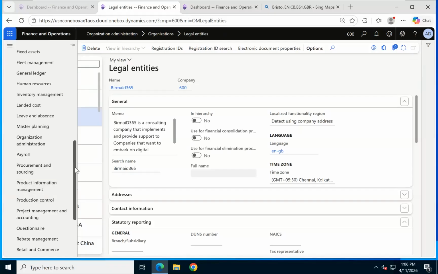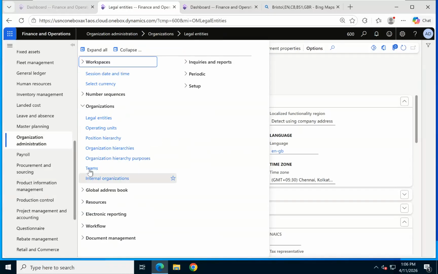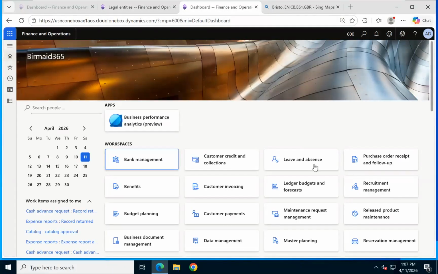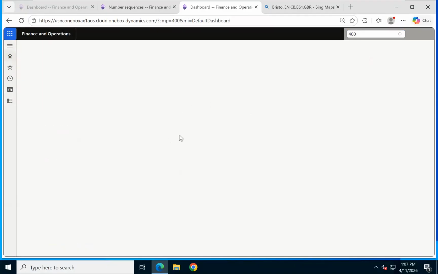So we are interacting now with our legal entity. I'll come back here. We need now to create our number sequences. So to create number sequences, we're going to generate number sequences. Like I was saying, number sequences give the ability to have unified identifiable numbers for all the processes in the system. If I can click here and maybe go to an entity that I've previously created,